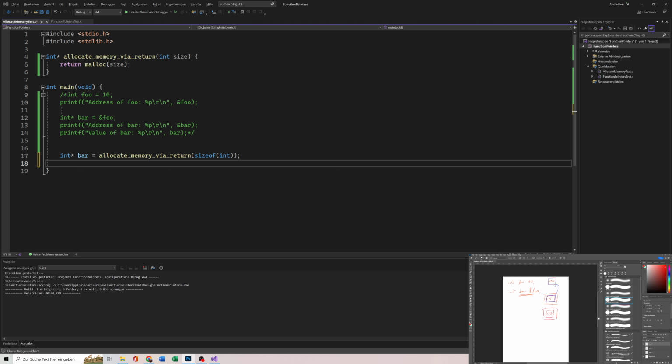We can again work with our illustration. So when we call malloc, what happens here? We pass here the size. What happens here is malloc just returns a value. That's very important to understand. It's important what we do with that value. We assign it to a variable, right? Or return it. So when we assign it to a variable,